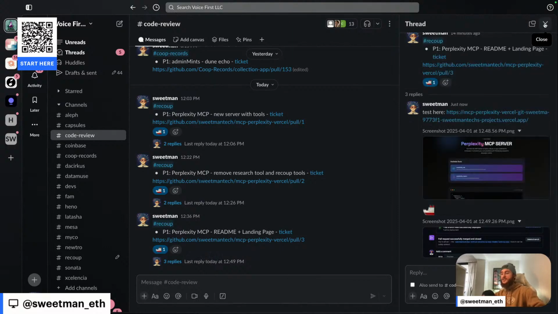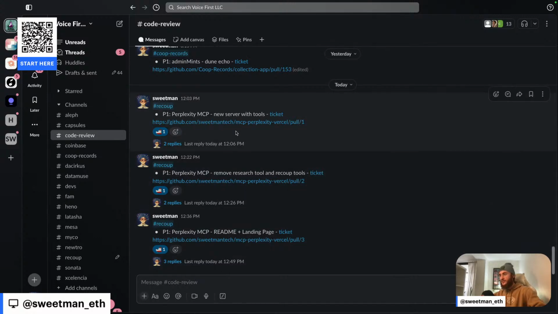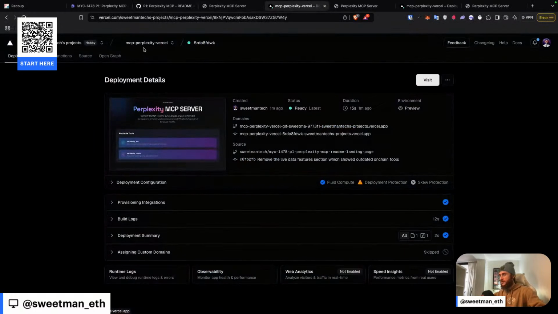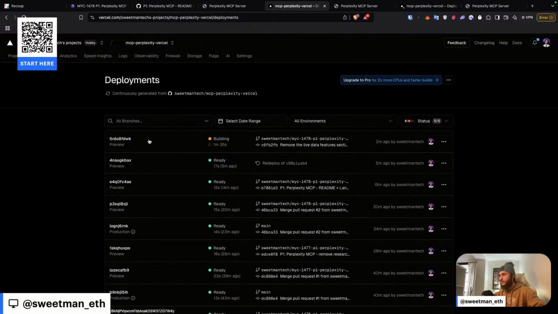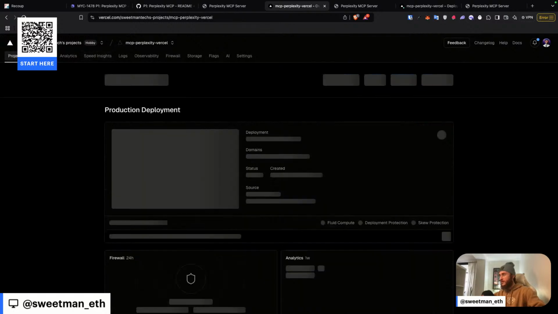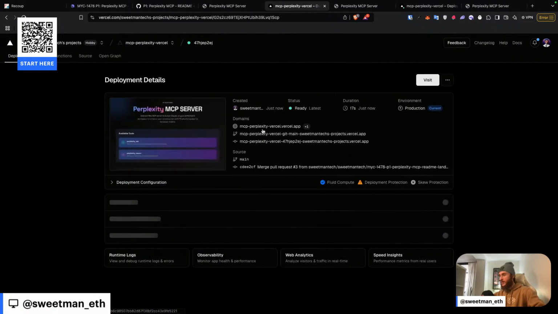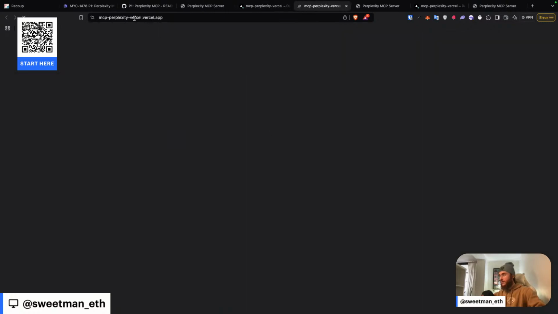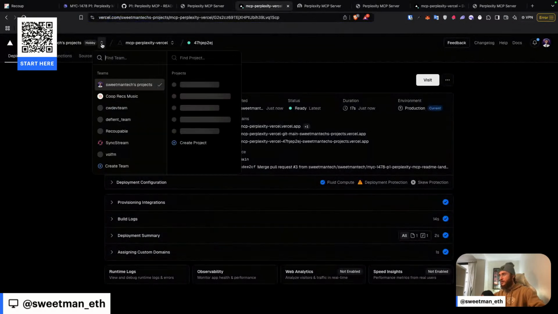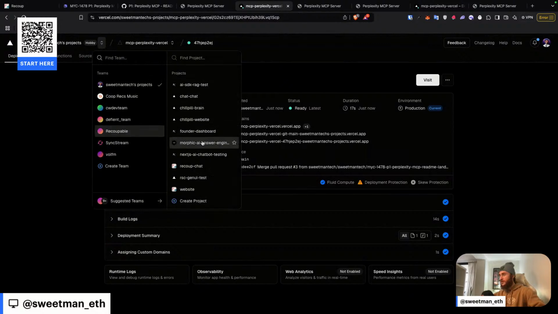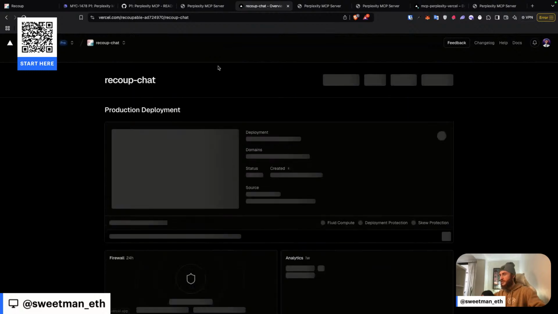Number 4 is actually going to be the easiest one because I don't even need a pull request for this. All I'm going to do is redeploy. What I'll do is wait till this finishes its main deployment, which it already has. And now I can go onto the main domain. I can copy this URL, go back to Vercel, jump over to Recoup, go to the Recoup chat project, and